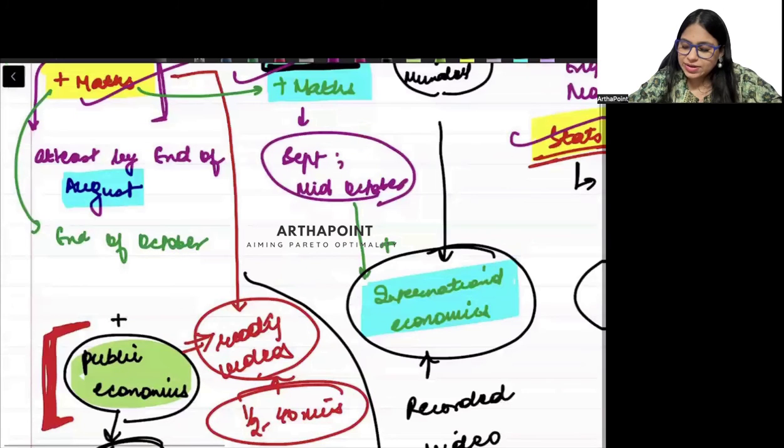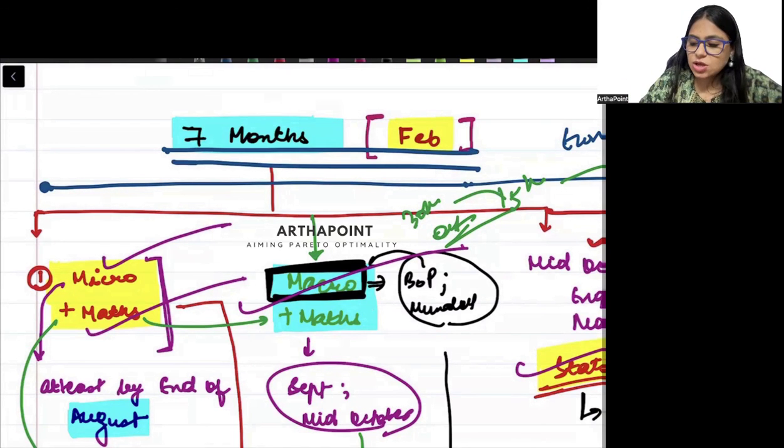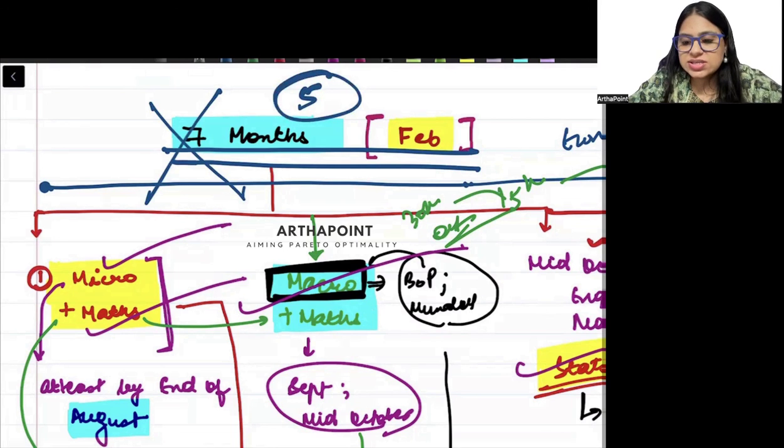Right? Okay, beta. So this is your 7-month strategy, and I really hope that you start following this. It may seem, अरे बहुत time है, but that is not the case. Time कम ही है. 7 months are not a lot of period. और मैं हमेशा बोलती हूँ, don't consider it as 7 months. Only go ahead and consider it as 5 months. Don't consider December and January for studying. Consider December and January only for the purpose of revision. वहां पर दिसंबर में जाकर नया टॉपिक नहीं पढ़ा जा सकता.